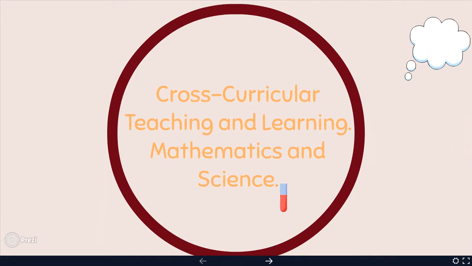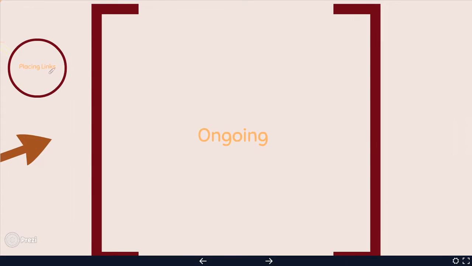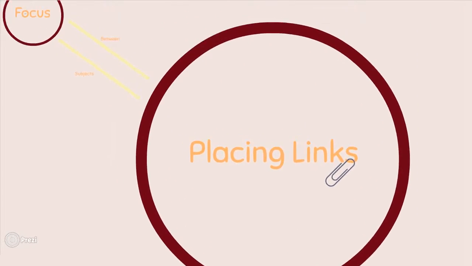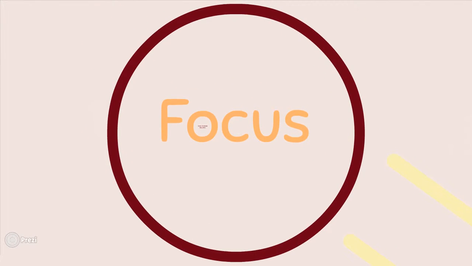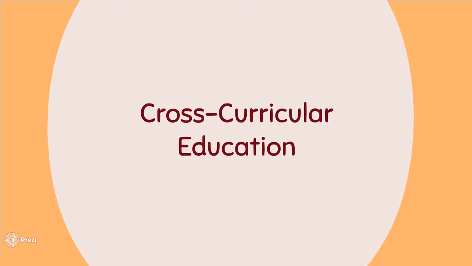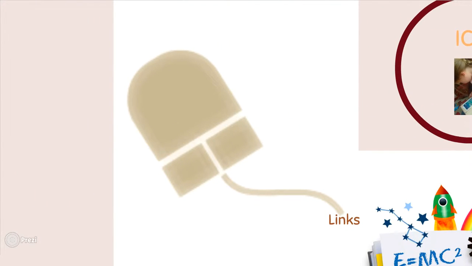This presentation will explore the historical, recent and ongoing developments surrounding a more integrated primary curriculum, in which opportunities to place links between subjects alongside values and broader areas of learning is the key focus across curricular education. This presentation will focus primarily on the integration of mathematics and science and will later include links to information communication